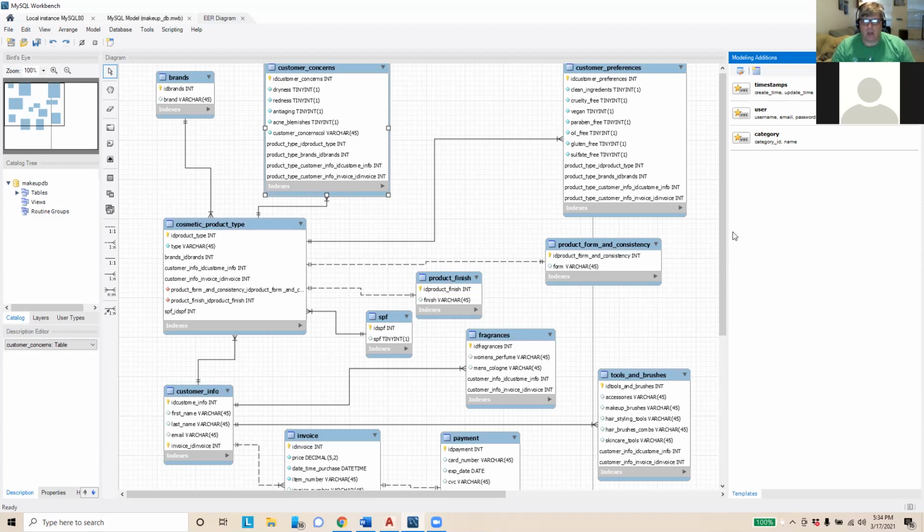Okay. Cool. The odd layer out in this is, where would SPF fall into it? Well, SPF can be in skincare and makeup, so I wasn't sure. I could just connect it to the makeup, but I don't know. I was just grasping at straws because I was trying to get 12 tables. Oh yeah, but as you see, it's easy when you start looking at these join tables. 12 tables becomes very easy. So what I would do probably is add SPF as a column in the products table,